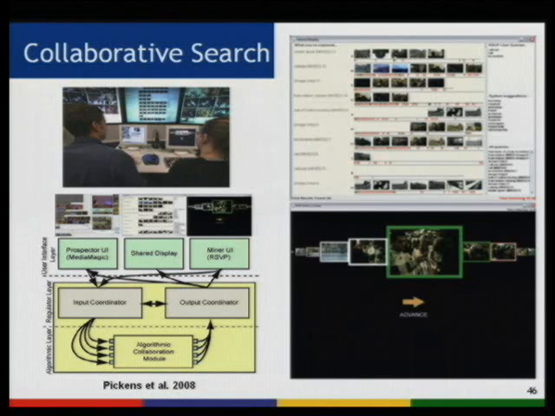So here I have some pictures from their papers. First of all, this is the setup where there are two people with big screens, actually doing video search, and they see different views. Okay, so this is one view. One of the people sees this view where they're looking through a lot of stuff and weeding out things. And then the other person sees the results of the weeding out and scans through and looks more carefully.